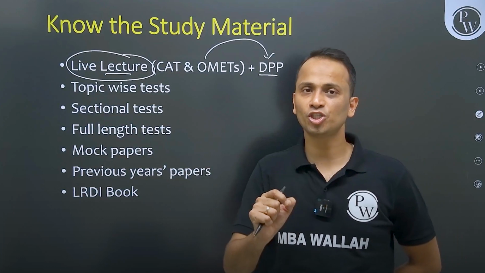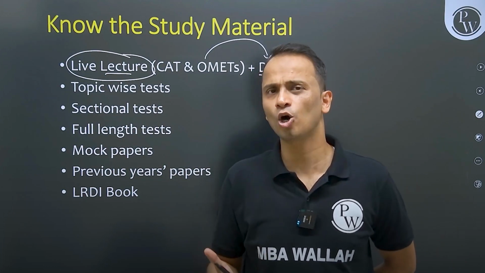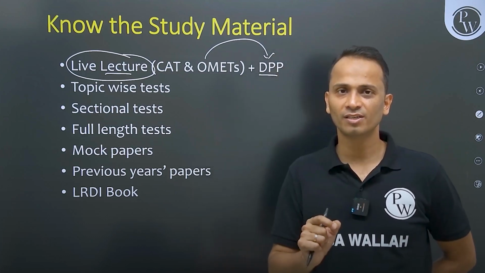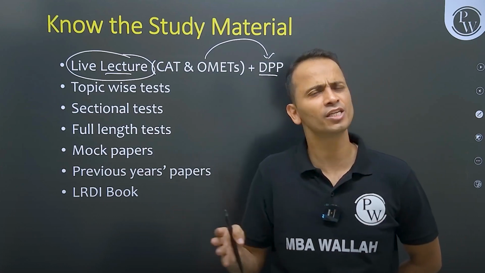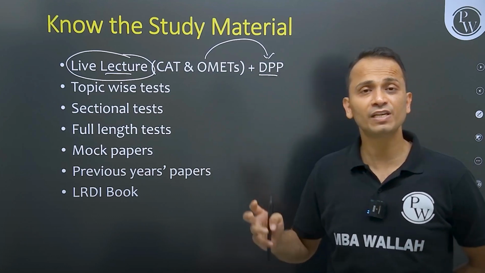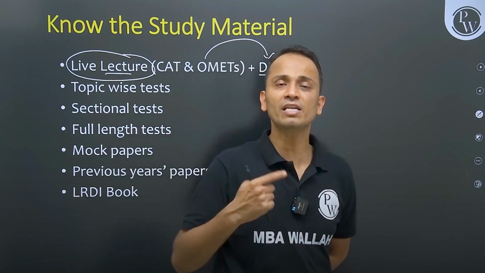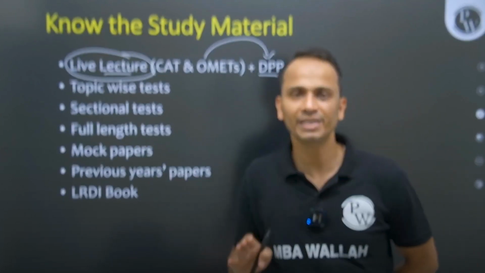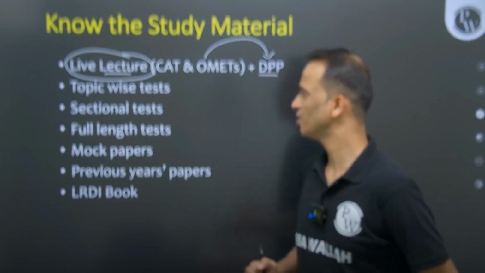So you will have to ensure. Now friends, since you are starting in the month of July or August, you will have to ensure that there should not be any kind of deviation at the beginning. All right. In fact, during this entire duration, there should not be any kind of deviations. So you will have 5 DPPs to solve by the end of the week. Make sure that before the next week starts, all these 5 DPPs are completed. All right. So no backlogs at the initial stages, right?